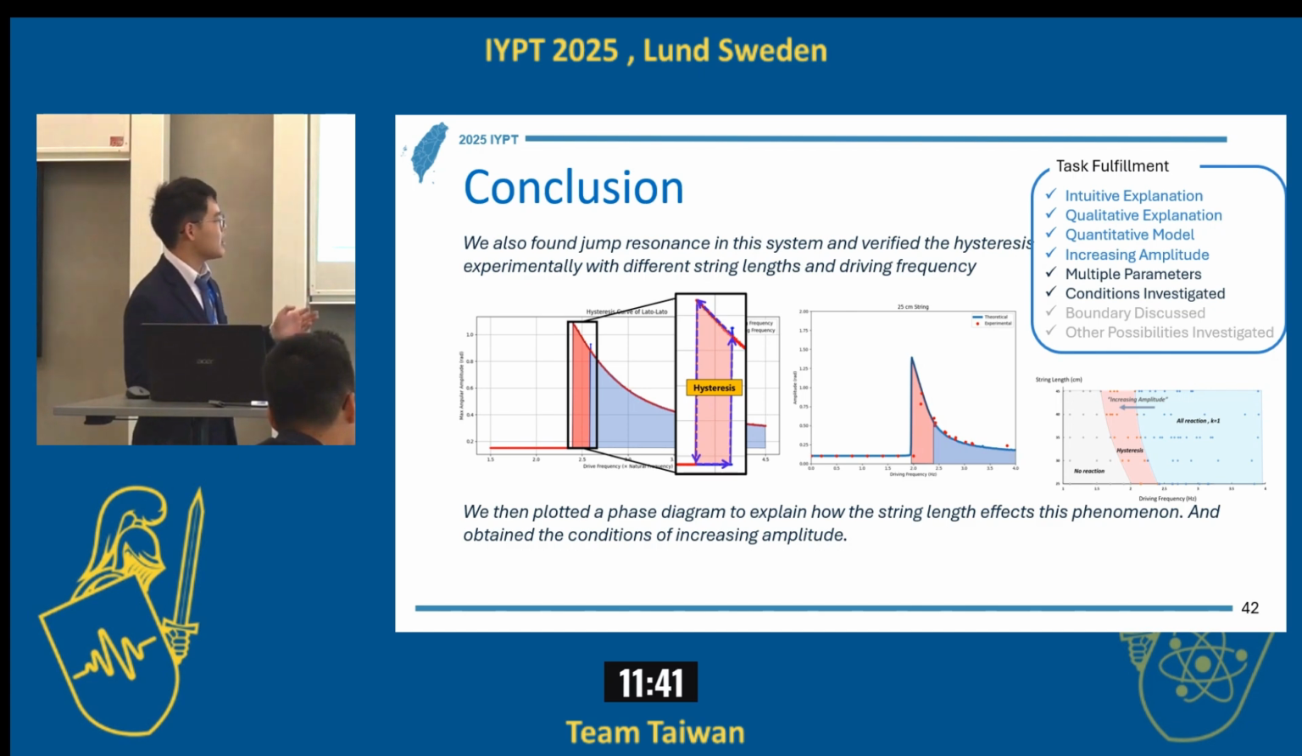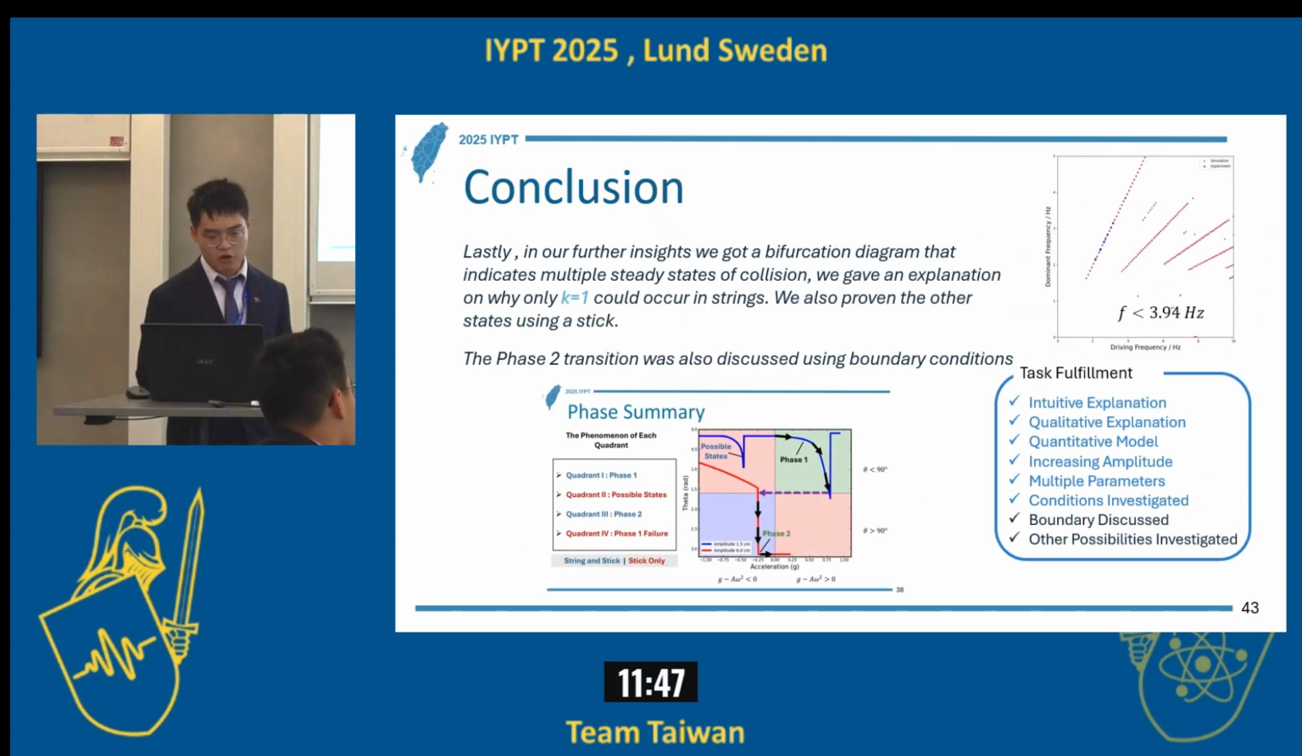We plotted a phase diagram to explain how the string length affects the phenomenon. Lastly, in our further insight, we got the bifurcation diagram of the steady states of collision, and the phase 2 transitions were also discussed using the string's